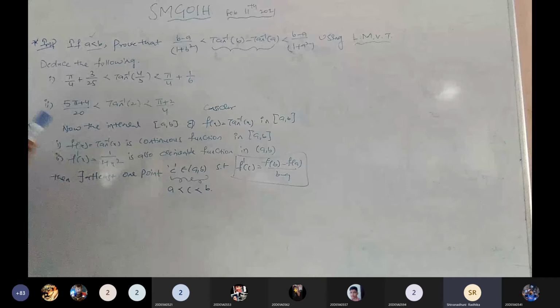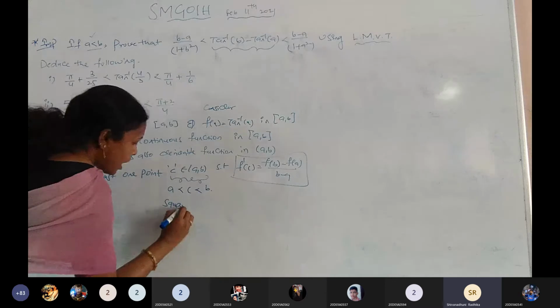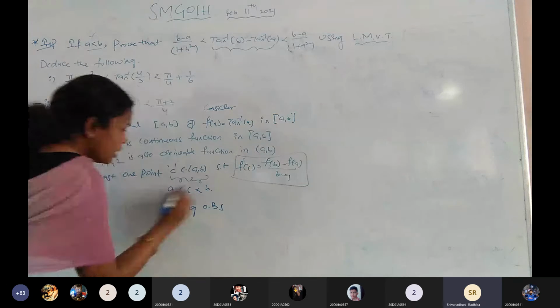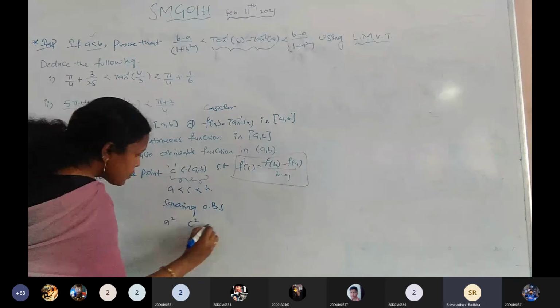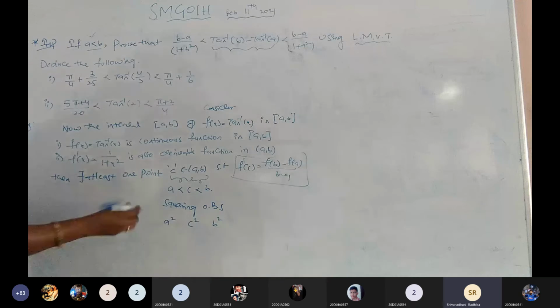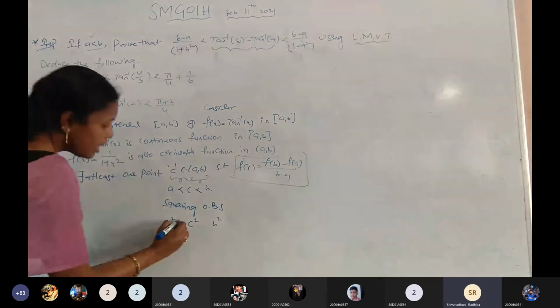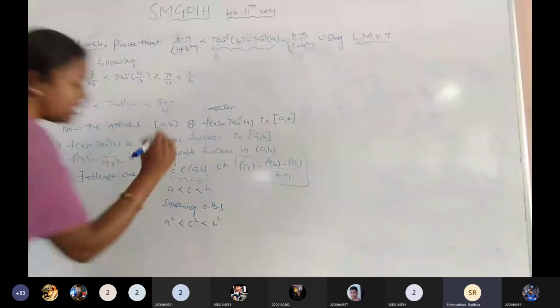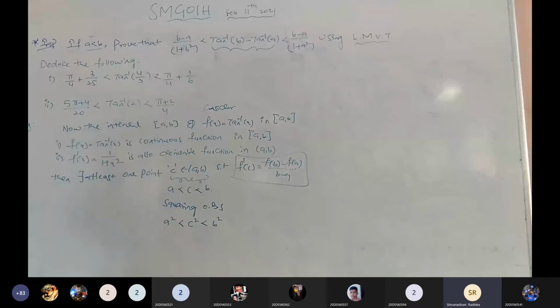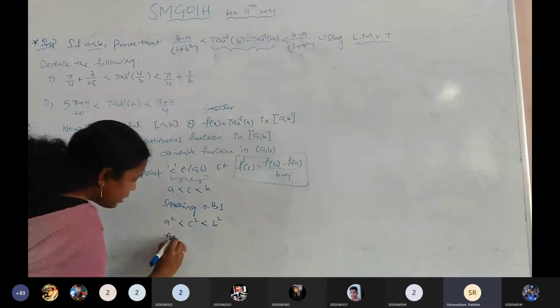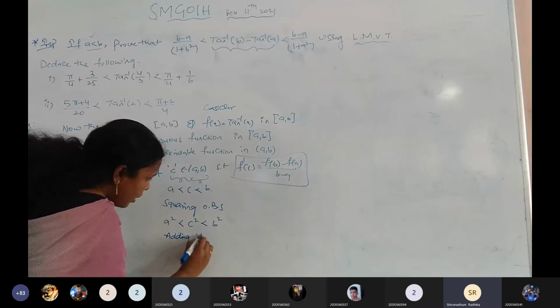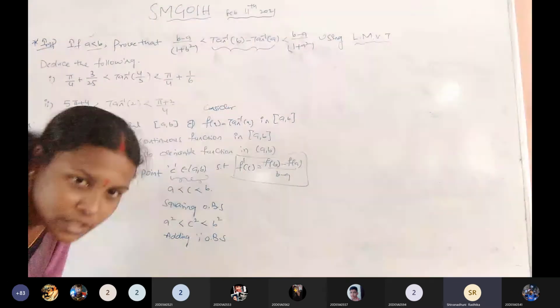First, what is there here? x square is there. So for that purpose, squaring on both sides. So A square, C square, B square. Is it clear? Now A less than C; C is bigger than A, and squaring keeps it bigger. A square less than C square less than B square. Is it clear to all of you? Any doubts? Next, with x square there is an addition of 1. Again adding 1 on both sides. Is it clear on my board?